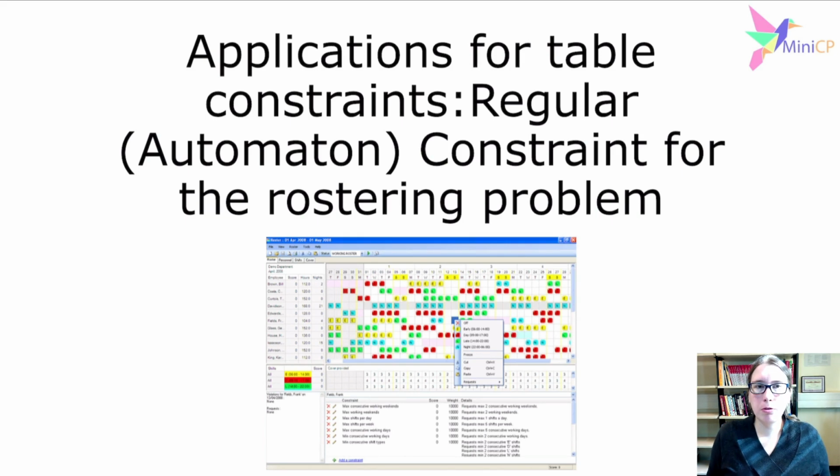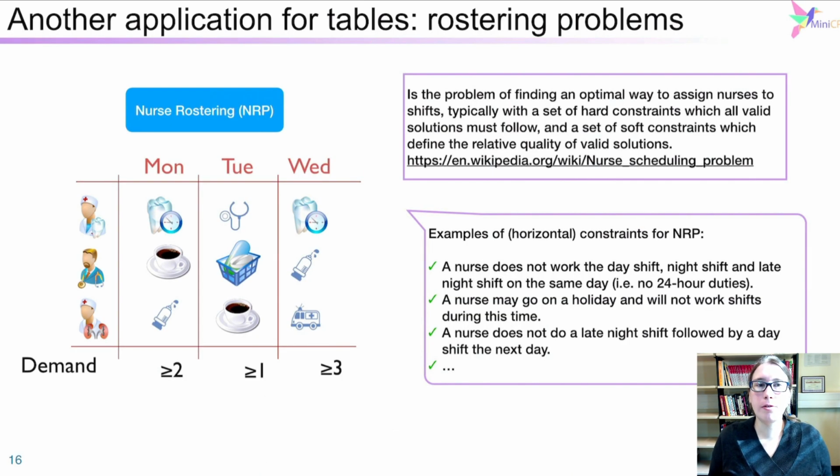And now let's talk about another application of the table constraint, which is the rostering problem. And this problem is solved using an automaton constraint that you can encode as a table. So, what is the nurse rostering problem? The nurse rostering problem is to create a schedule of nurses in a hospital, and the schedule needs to follow some